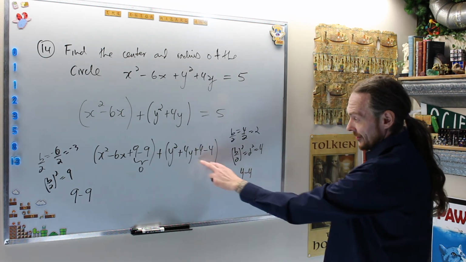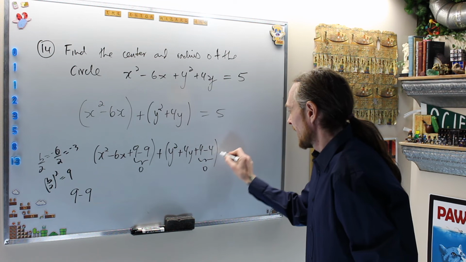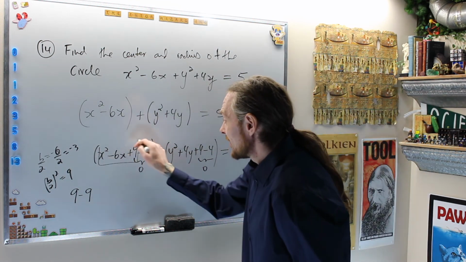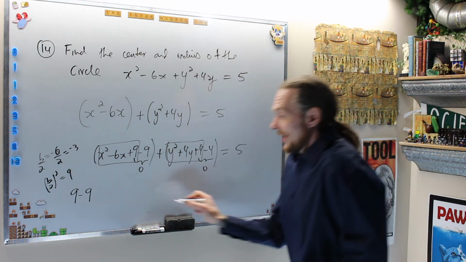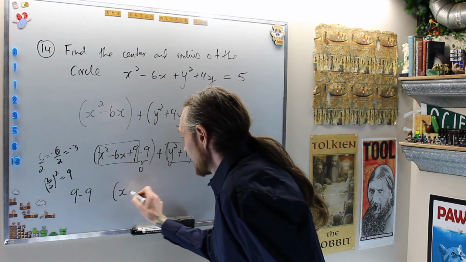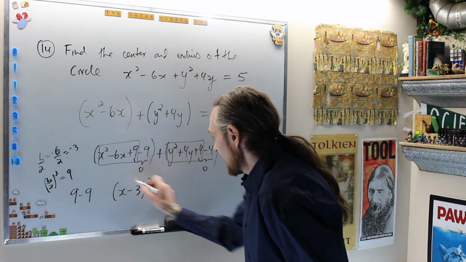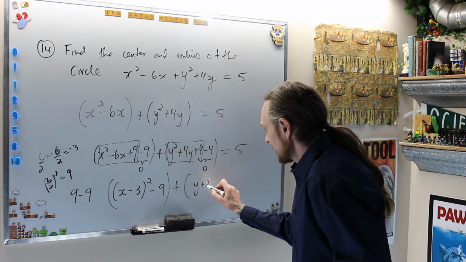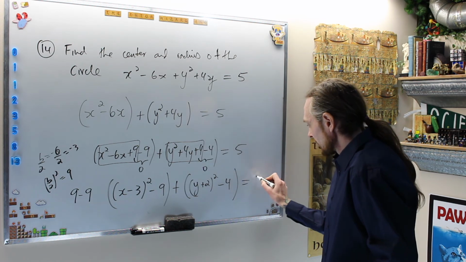I've added this 0 in there. Equals 5. What did that do for me? These are the completed squares now. So that gives me, this is x minus 3 squared minus 9 plus y plus 2 squared minus 4 equals